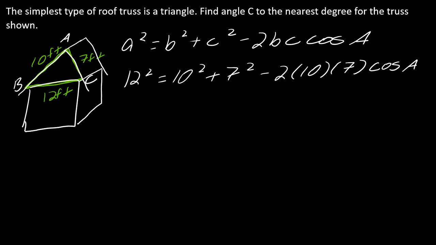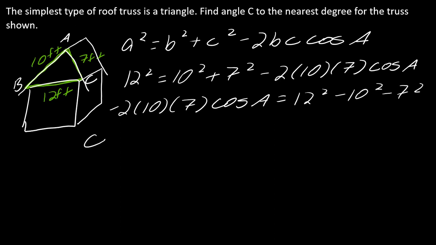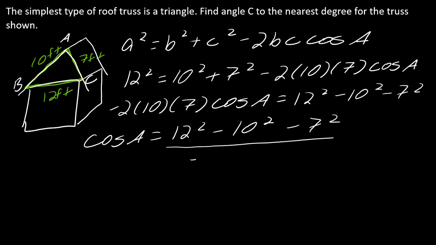So if I solve for A, just remember, I have this -2 times 10 times 7, so I can subtract off the other numbers first. And then, oops, I forgot my cosine, sorry. Cosine of A, 12 squared minus 10 squared minus 7 squared. And then my cosine of A is going to equal this 12 squared minus 10 squared minus 7 squared, and divide all of that by -2 times 10 times 7. So I get that my cosine of A is 0.0357,